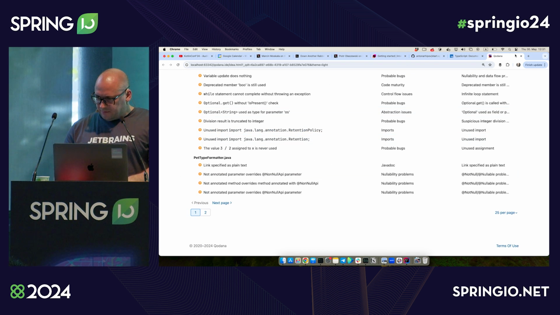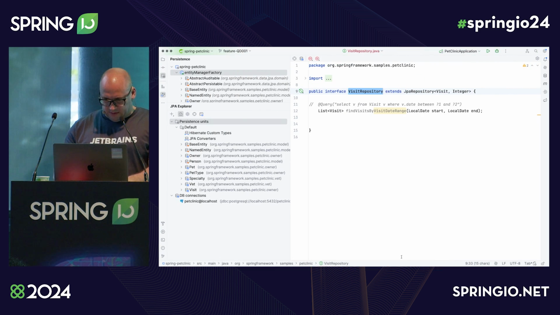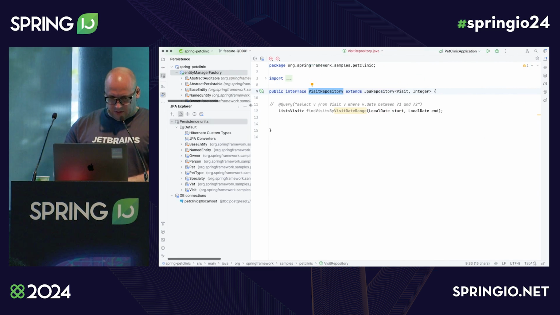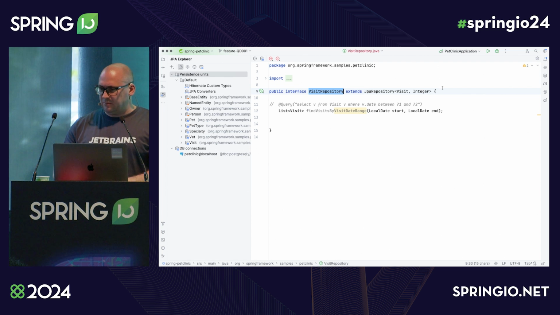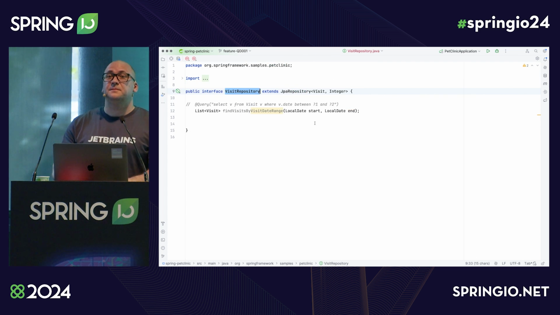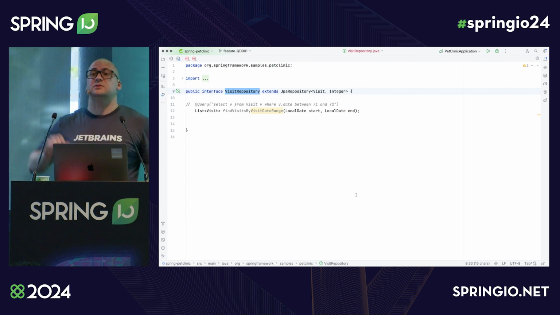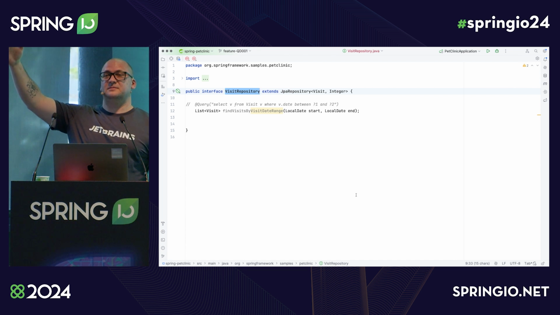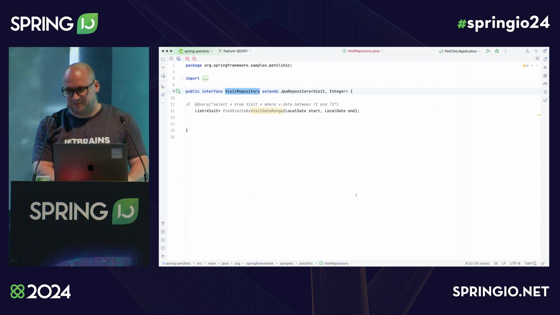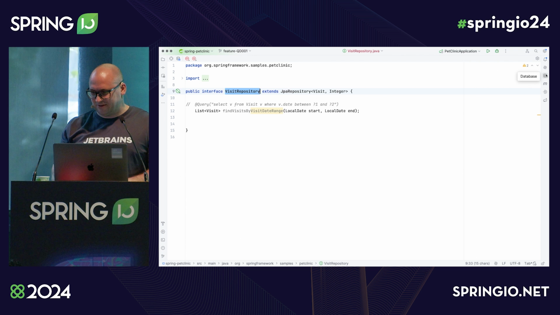How much time do you have? 20 minutes, right? So, are you using functionality for the databases in IntelliJ? Right? Who is not using it? Okay, you know everything for that part. I shouldn't dive in, but